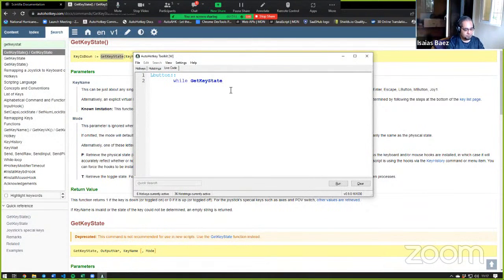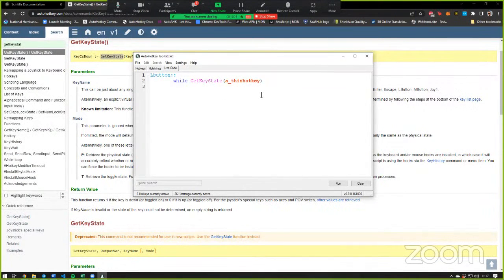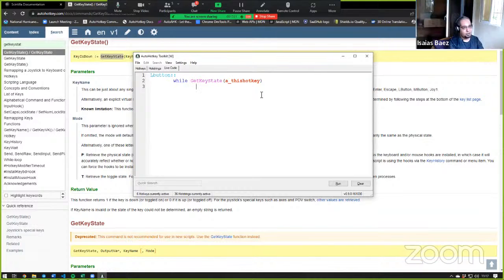So while it is pressed, so this hotkey, you want to kind of like measure the time. So in the end, you're just gonna measure, so time equals a tick count or something like that. And if the time is more than a specific set amount of time,